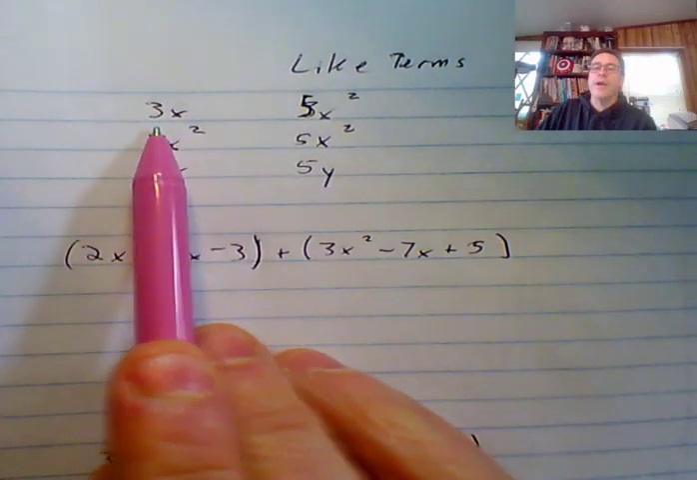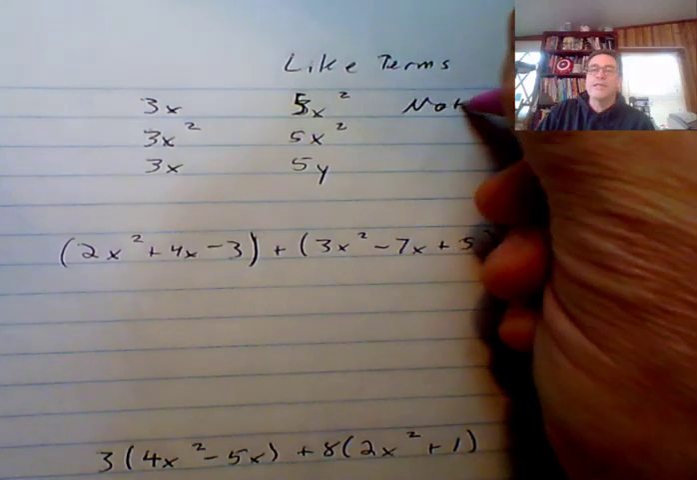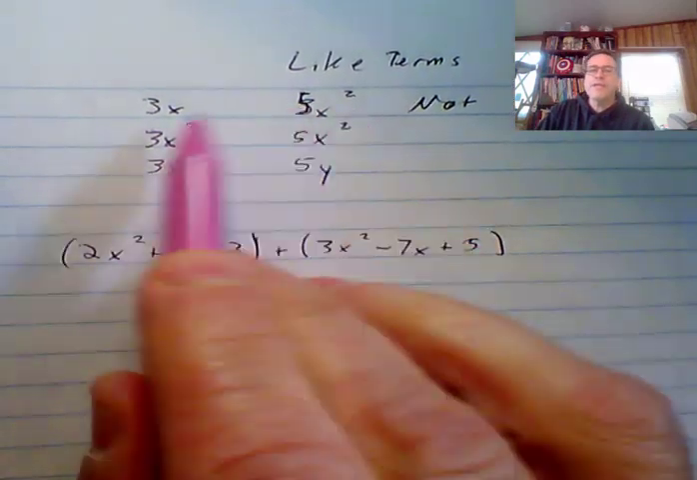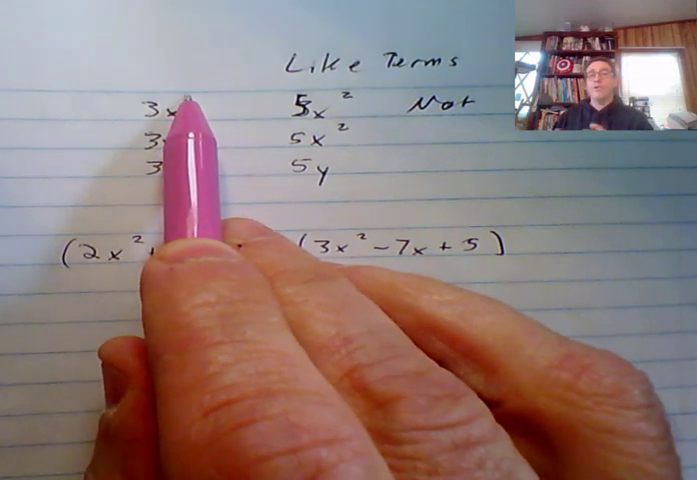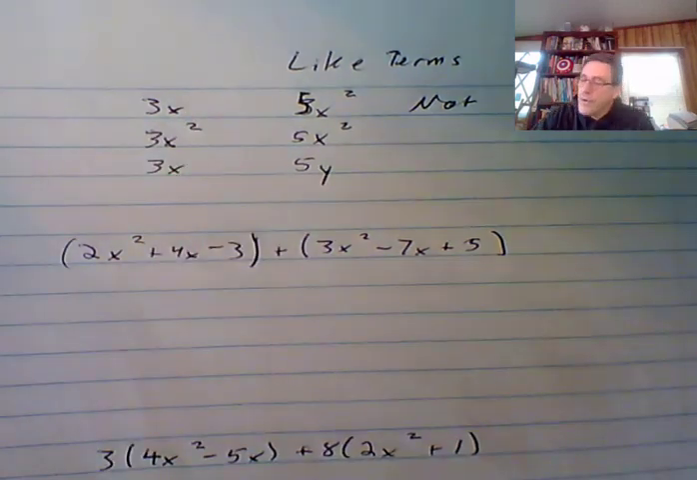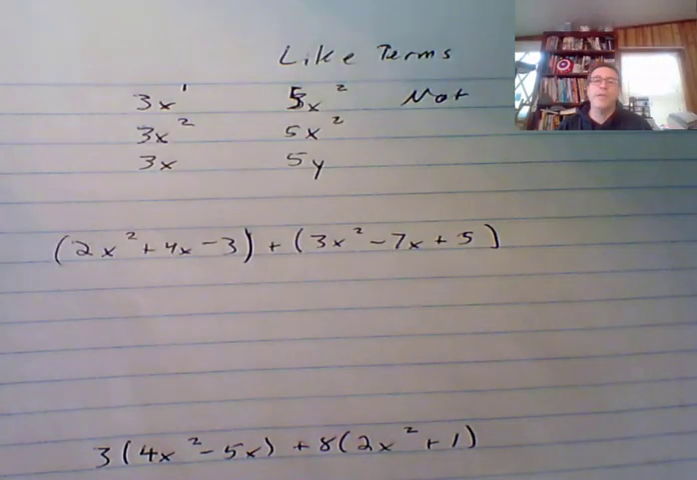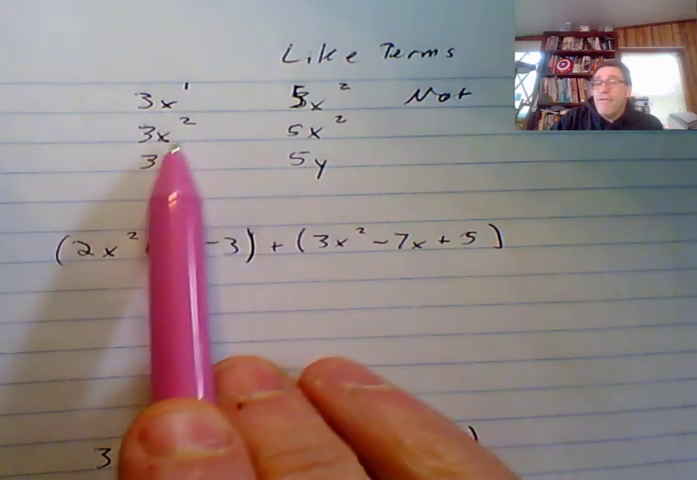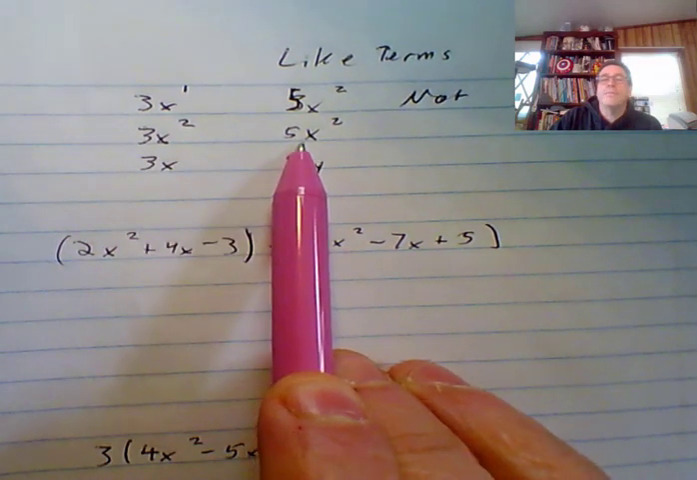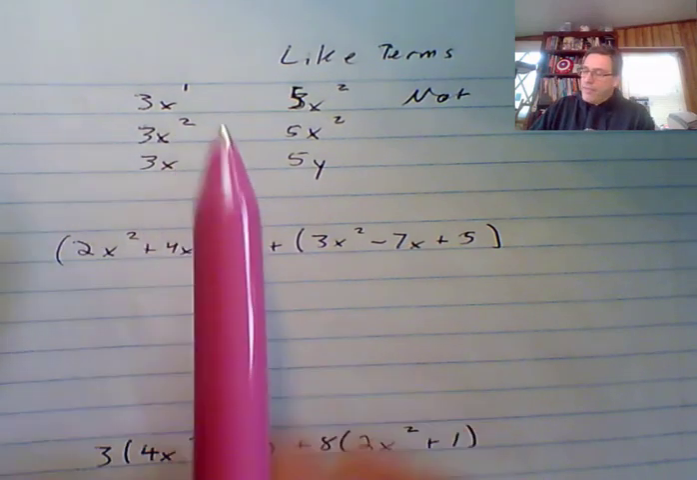3x and 5x squared are not like terms because one has an x to the second power and this one has an x, and if you remember, this one has an exponent of 1 when we don't write in an exponent. So it's really 1 there. So even though we have the same variable, we have different exponents. We couldn't add those together. 3x squared, on the other hand, and 5x squared are like terms because they both have x to the seconds in them. So if we were to add those together,